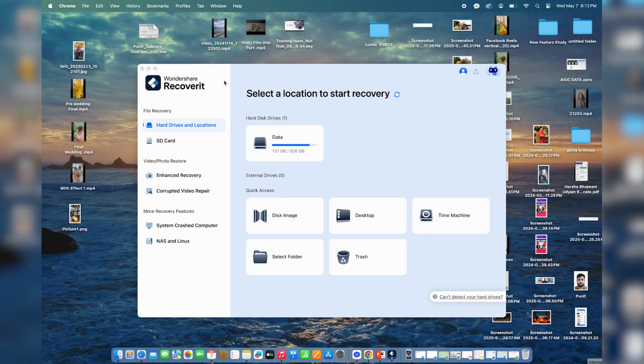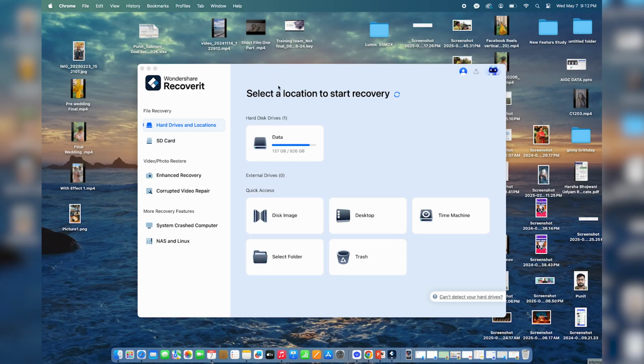So here is the software. Here's how it looks. If you have not paid for this software yet, if you did not buy the subscription, you can just plug in your memory card on your desktop, scan your drive, and see if it shows that the photos can be recovered. If it's recoverable, then you can of course purchase a subscription, or if it's not recoverable, then not an issue, you can just let this software go.